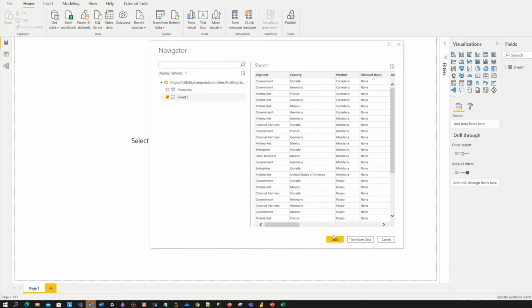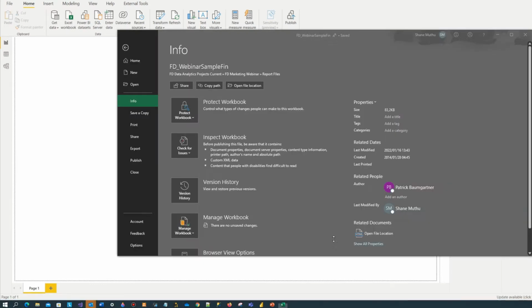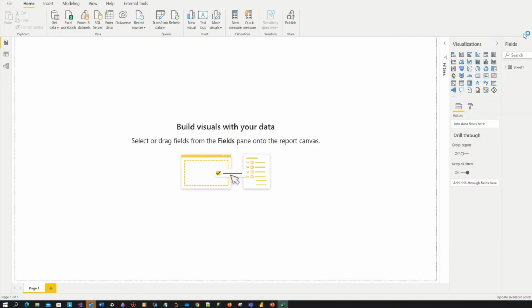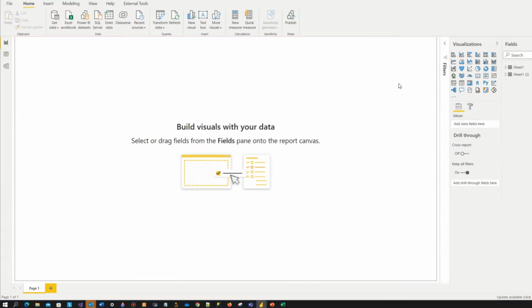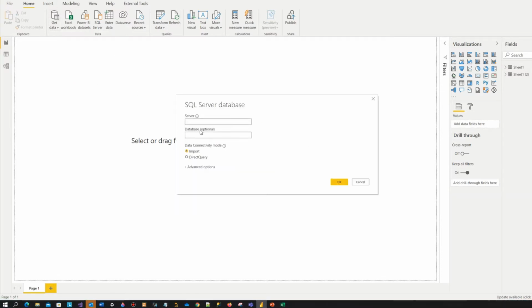So again, I'm not going to do any transformations. I'm just going to load the data. And as you can see, the data is loaded. Finally, I'm going to show you using, for the intermediate users, SQL Server. So obviously I'm going to be using my local machine, and just going to put the name of my database,